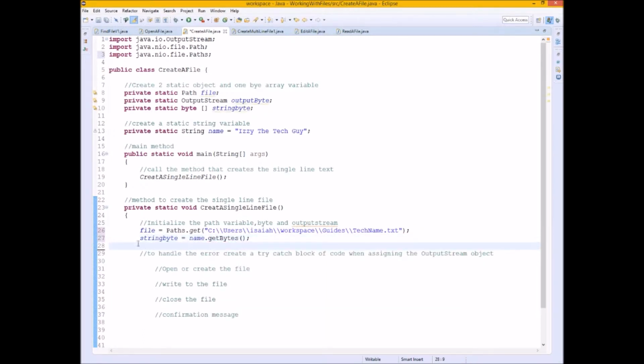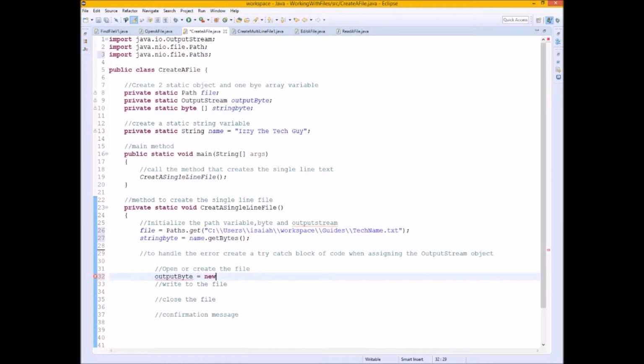And that should take care of that. Okay, now remember last lesson we ran into the IO exception. We're going to run into that this time as well. Let me go ahead and show you what it says, but go ahead and put down output byte here equals